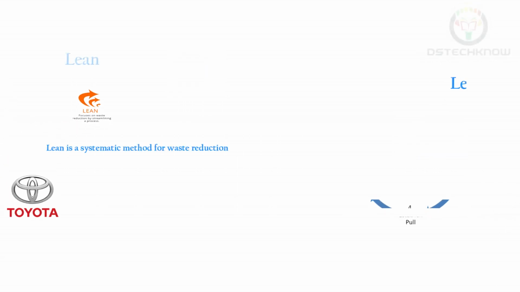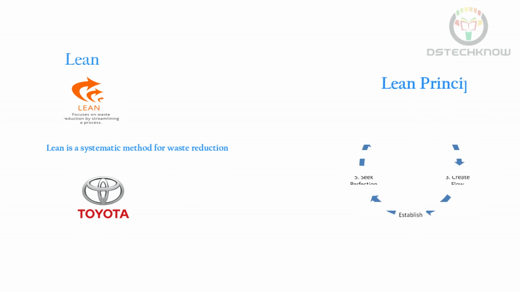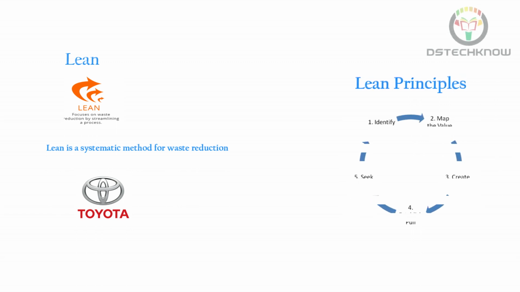The 5 lean principles are: identify value. This is pretty simple. Define what is value for the customer, and it's important for us to understand what is value for the customer. Second principle is map the value stream. Once we've done the value identification, next step is to draw a process and identify the process steps from start to end. In the value stream mapping, we identify which all steps are adding value and which all of them are non-value adding activities.